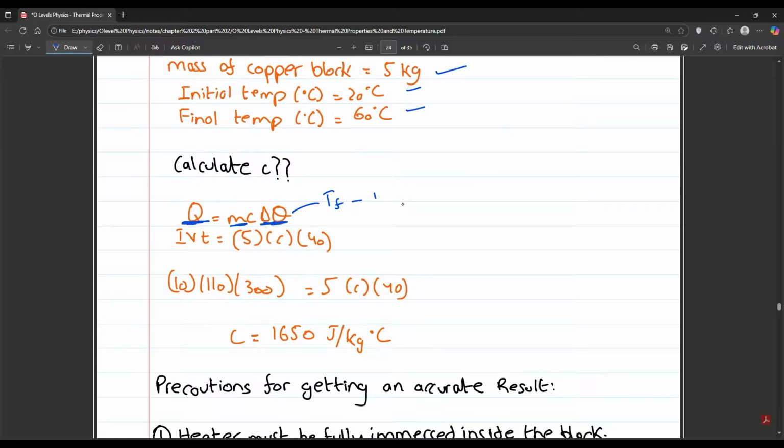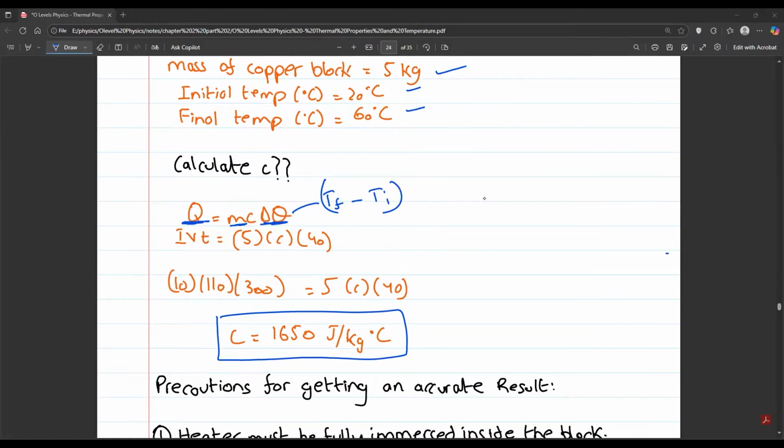Final temperature which you have measured minus the initial temperature. And you calculate the specific heat capacity here. That is the only unknown variable. Simple. तो बेटा इस सवाल में, आपने फर्स्ट ऑफ ऑल तो